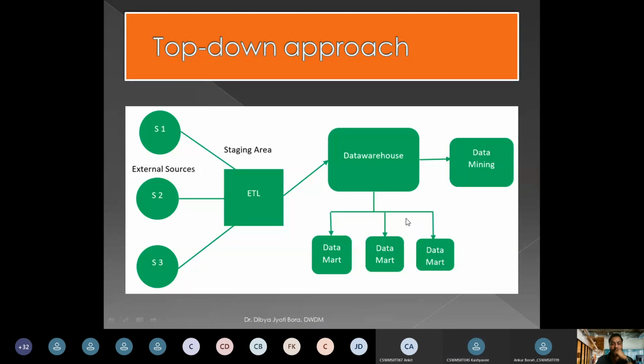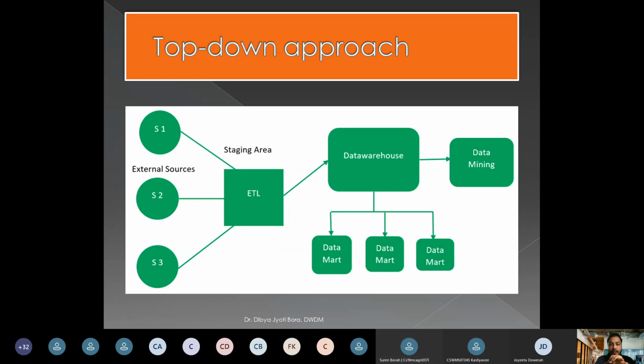Okay. Next. जब तक data warehouse में information नहीं जाएगा तब तक data mart में भी नहीं जाएगा। जब तक data warehouse external sources से information नहीं लेगा तब तक आगे information नहीं आएगा। उस तरह काम करेगा ये।